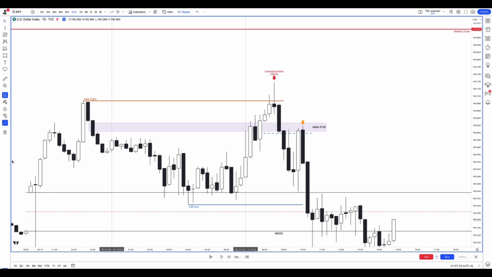So what specific level told me that? Well, it was a close below this mean threshold of the order block. Once we closed below the mean threshold with a clean candle close, I got stopped out here. I then saw this as a failed order block, which I labeled as a mitigation block.